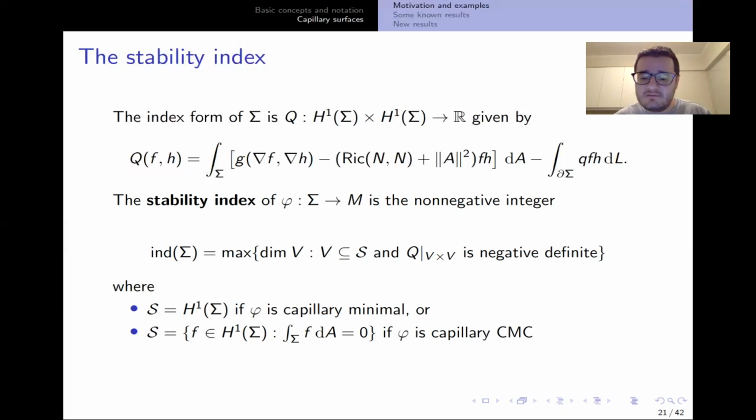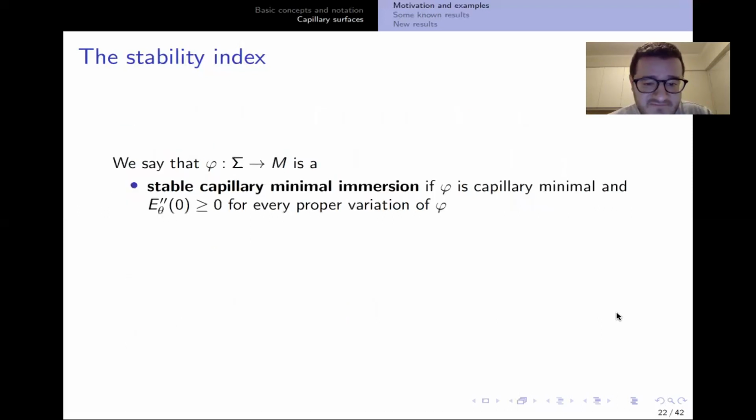If we were talking about free boundary minimal surfaces, then the index would intuitively mean the number of independent directions we can perturb sigma to decrease its area, not energy. But now we're talking about energy, and the energy involves not only the area, but that term which is the wetting area. So having this definition in mind,